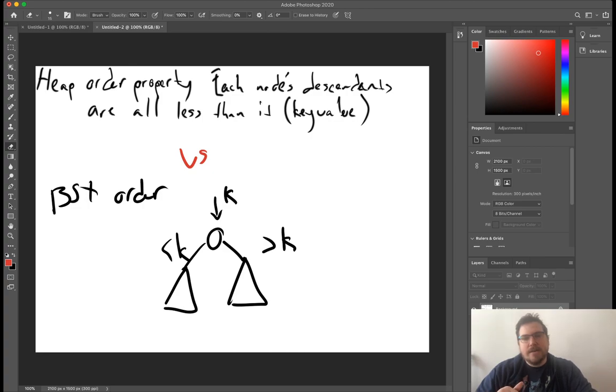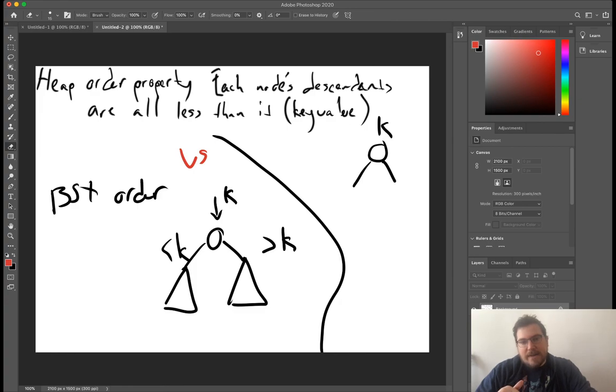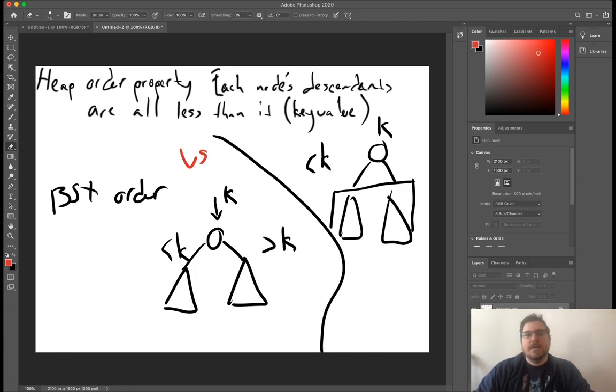For a heap, this node has a key, and then everything below it, both subtrees, all of the values, for a max heap, are less than k. So in a binary search tree,